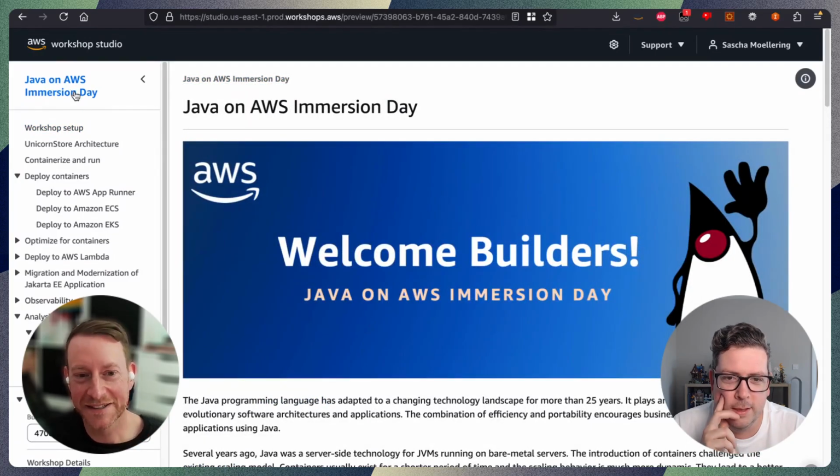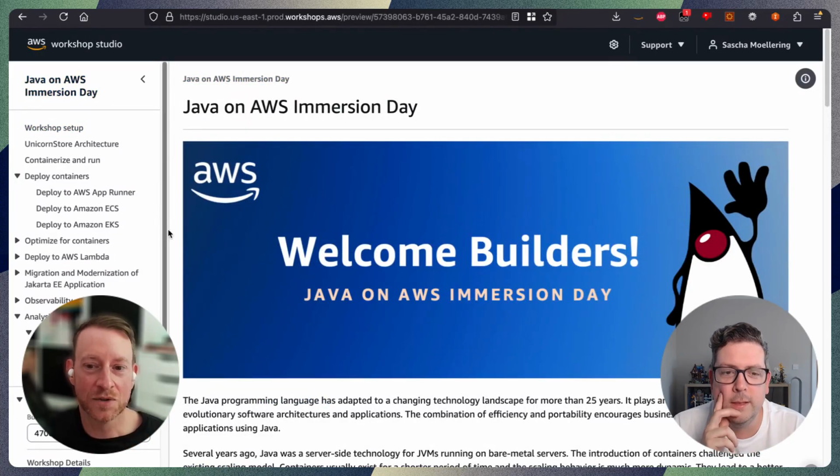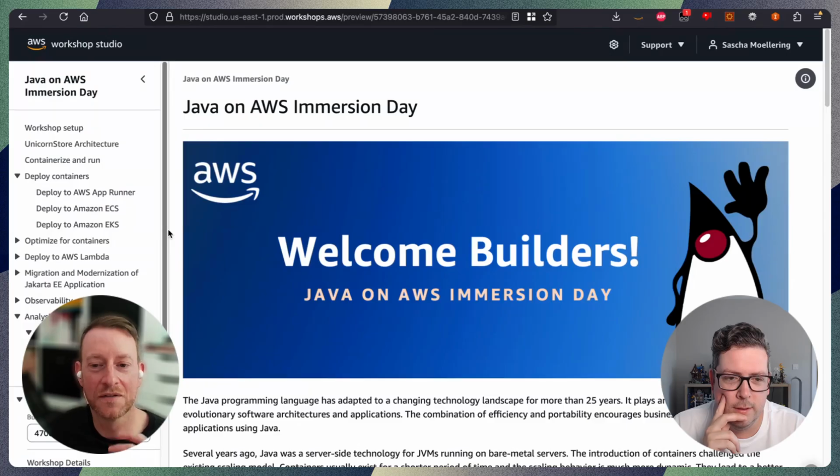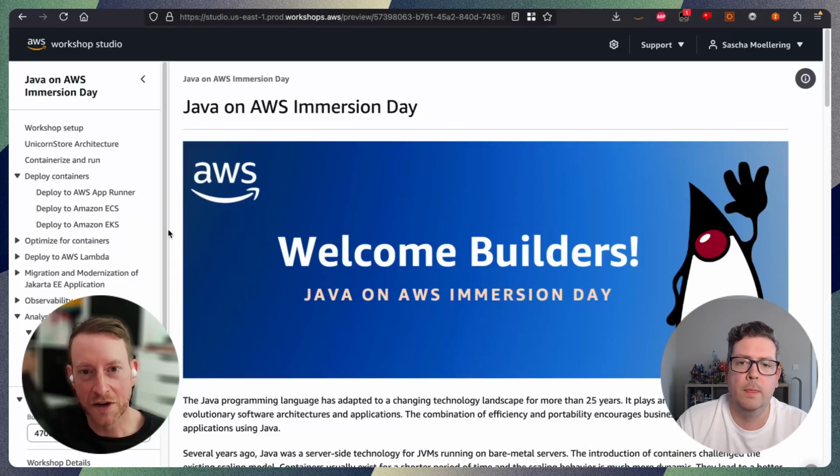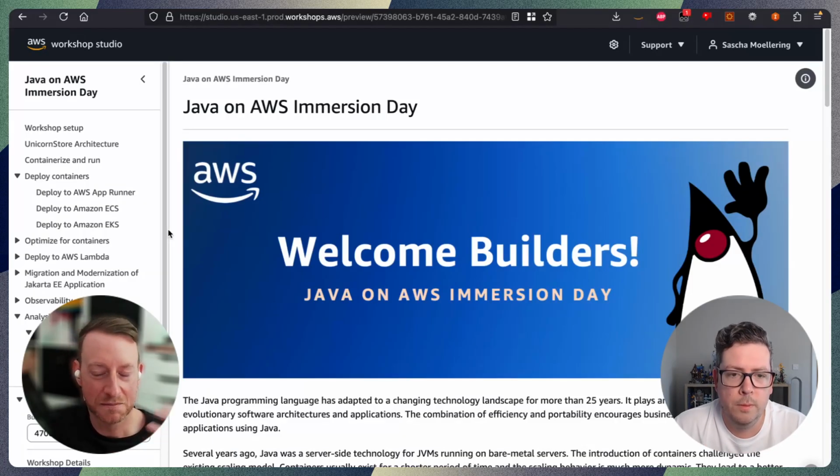We have this Java and AWS Immersion Day, which covers a couple of different things. It is basically tailored for developers that have a Java application running somewhere and now want to put it into AWS or want to do some optimizations. And